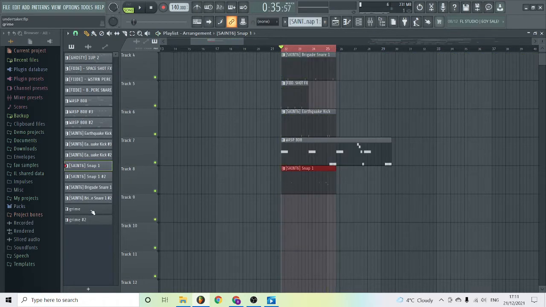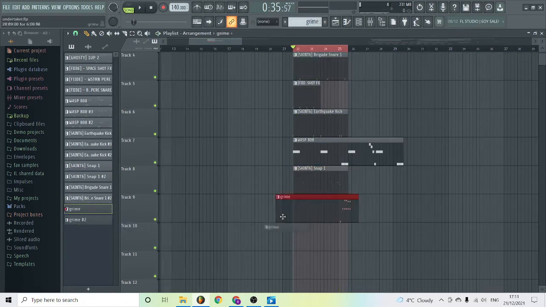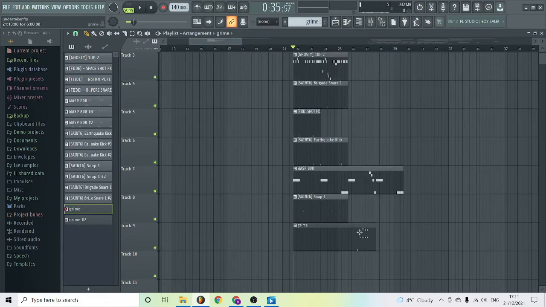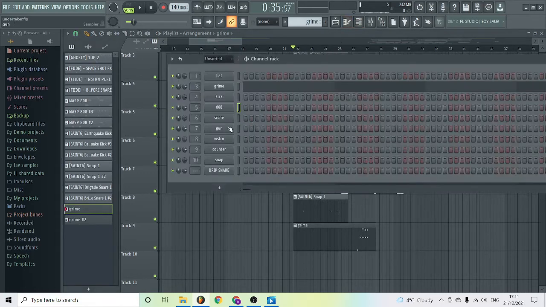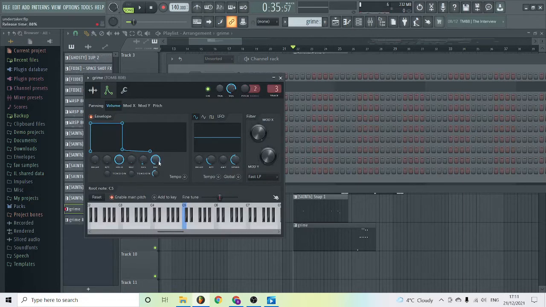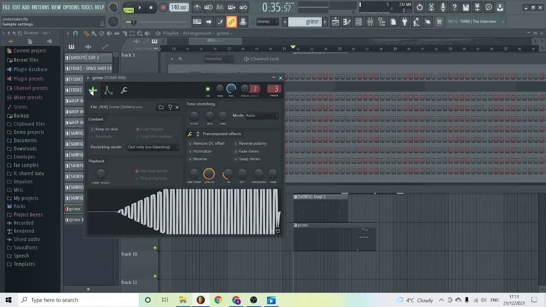And then the Grime 808 is one of my favorite things to use in a drill beat. I'm actually gonna get this loop off because it's kind of annoying. It keeps stopping it halfway. This comes in here. And how I made this was, if I remember correctly, I just copied my 808 over and put it into a separate one. Instead of putting everything down on this, I made the release a little bit longer because I didn't want it to just cut off straight away. And also came to this tab, and I had already made a weird sounding 808, but